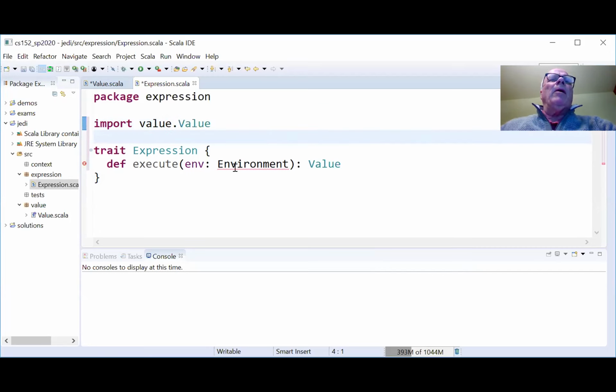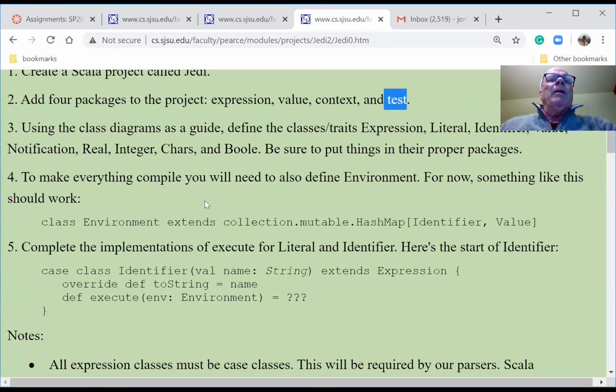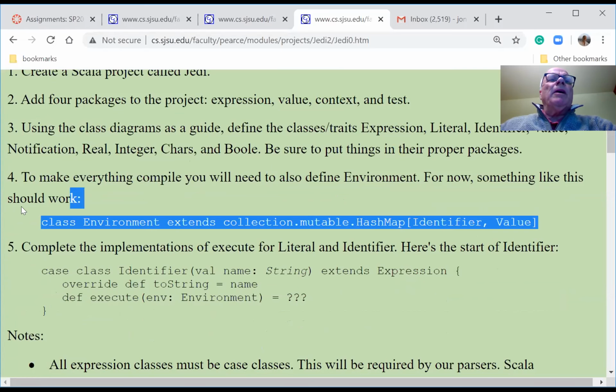But what about environment? Well, I think, go back and look at this code here for a second. So I give you environment here.